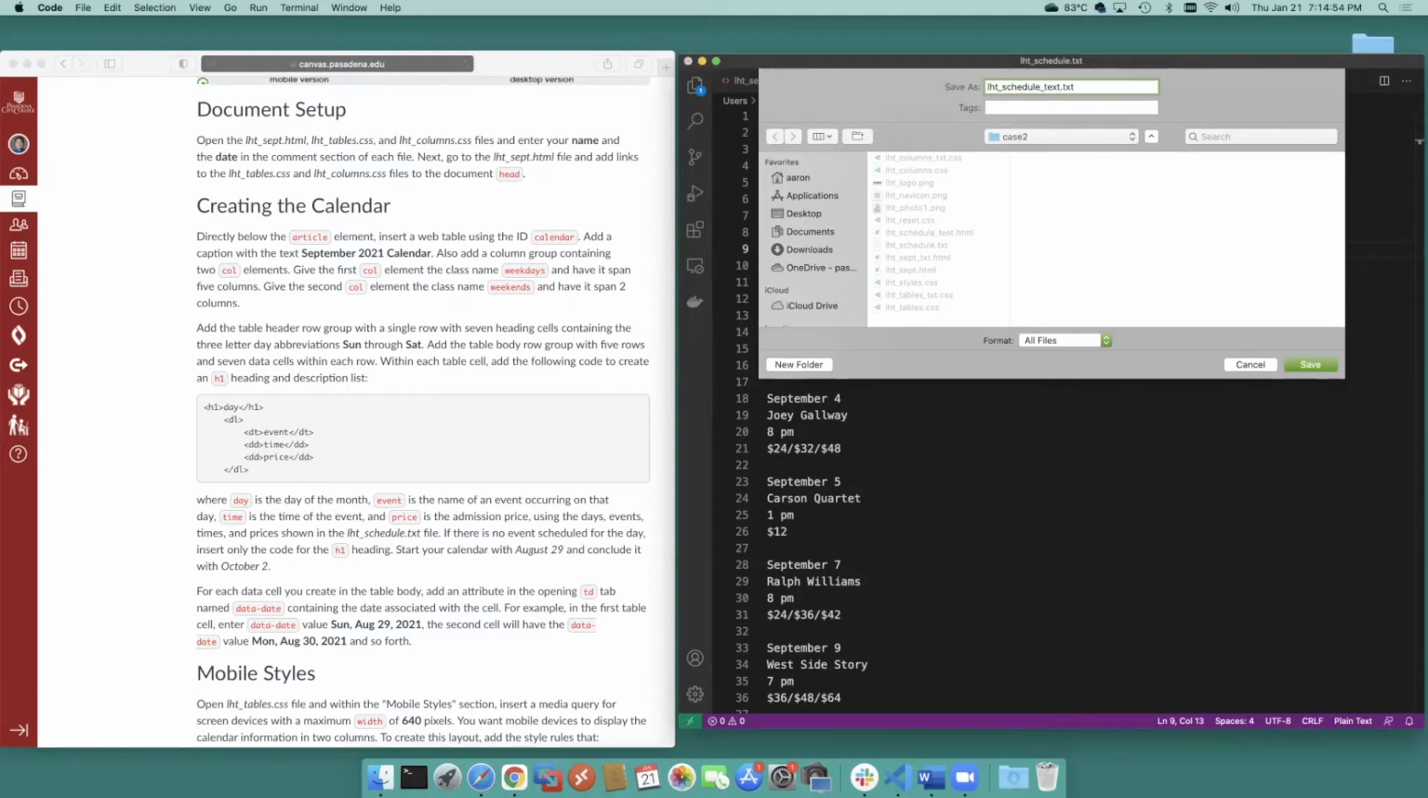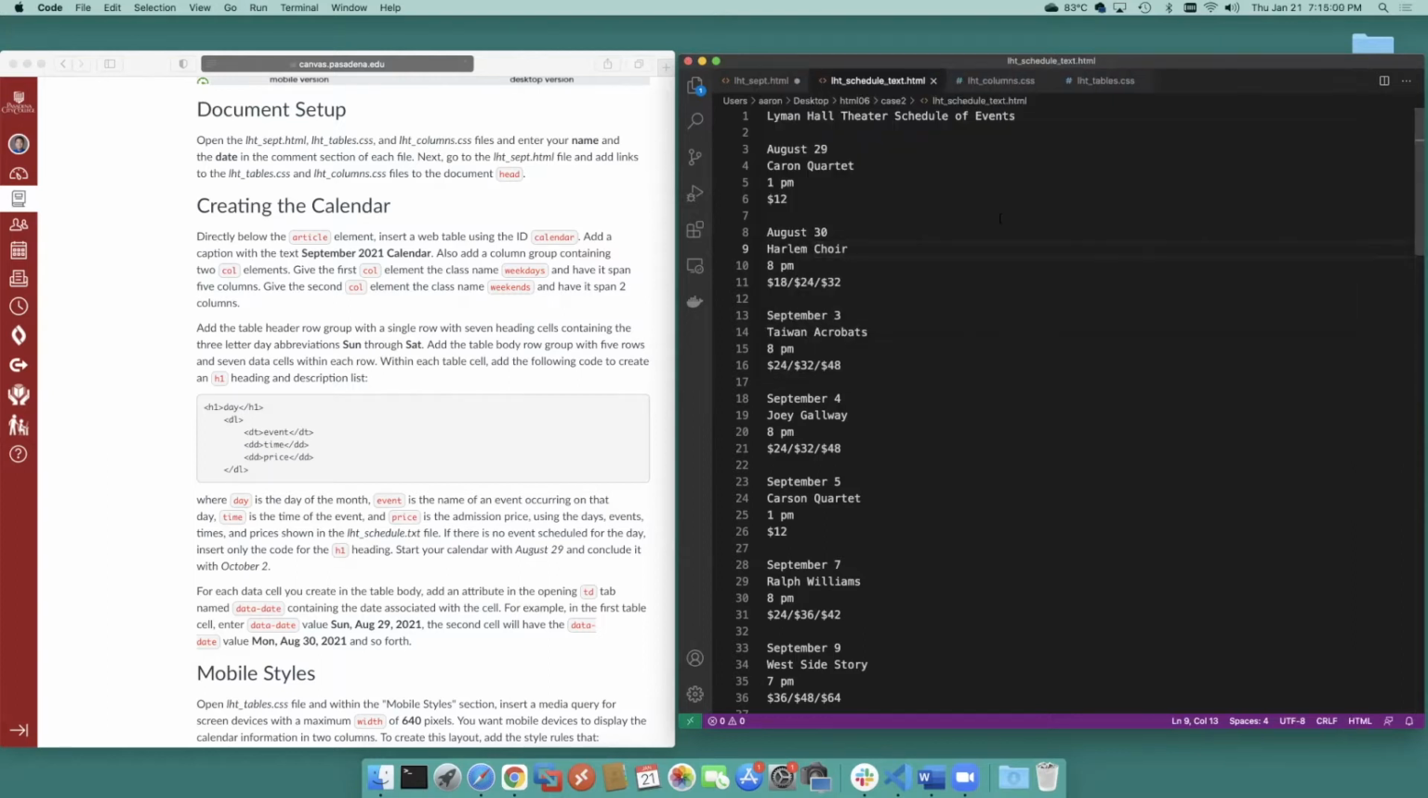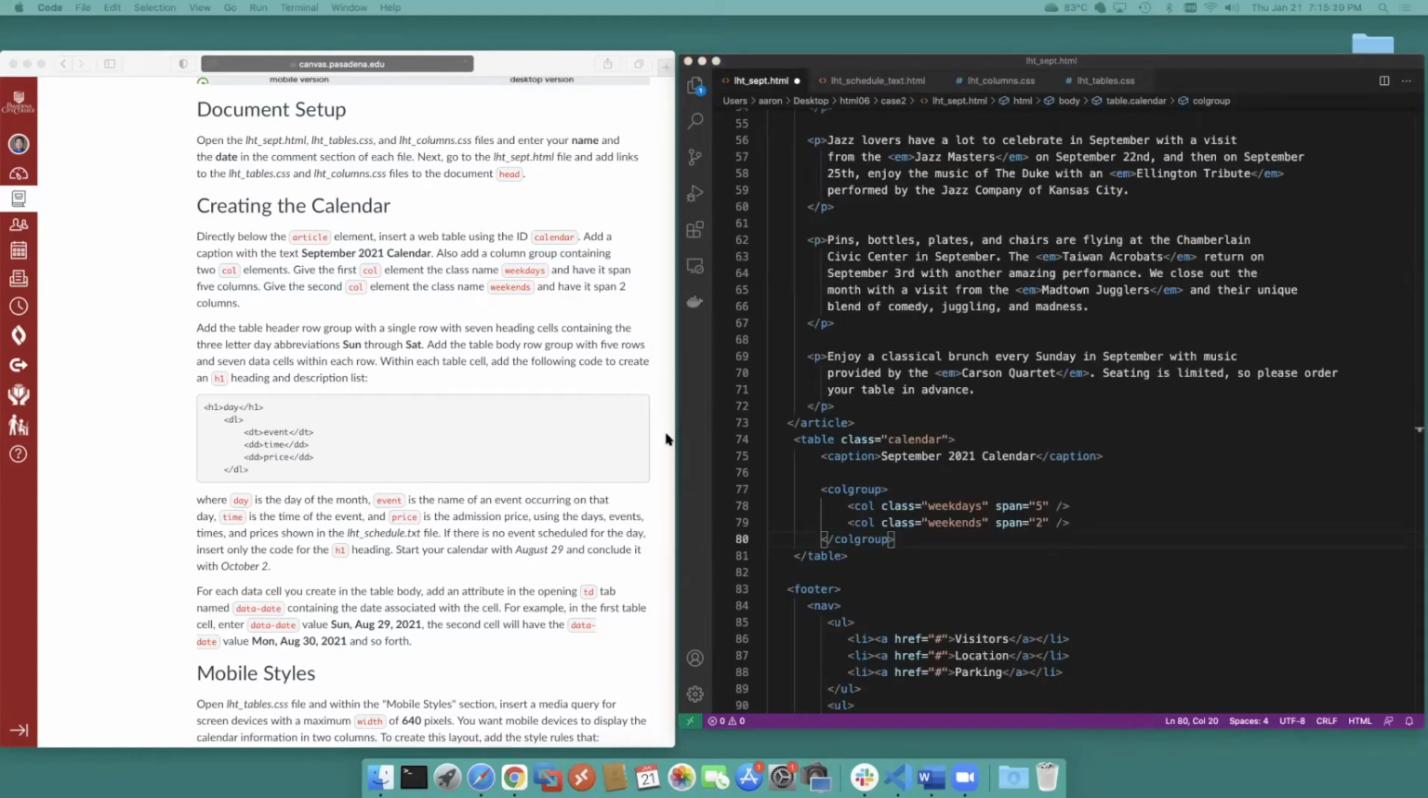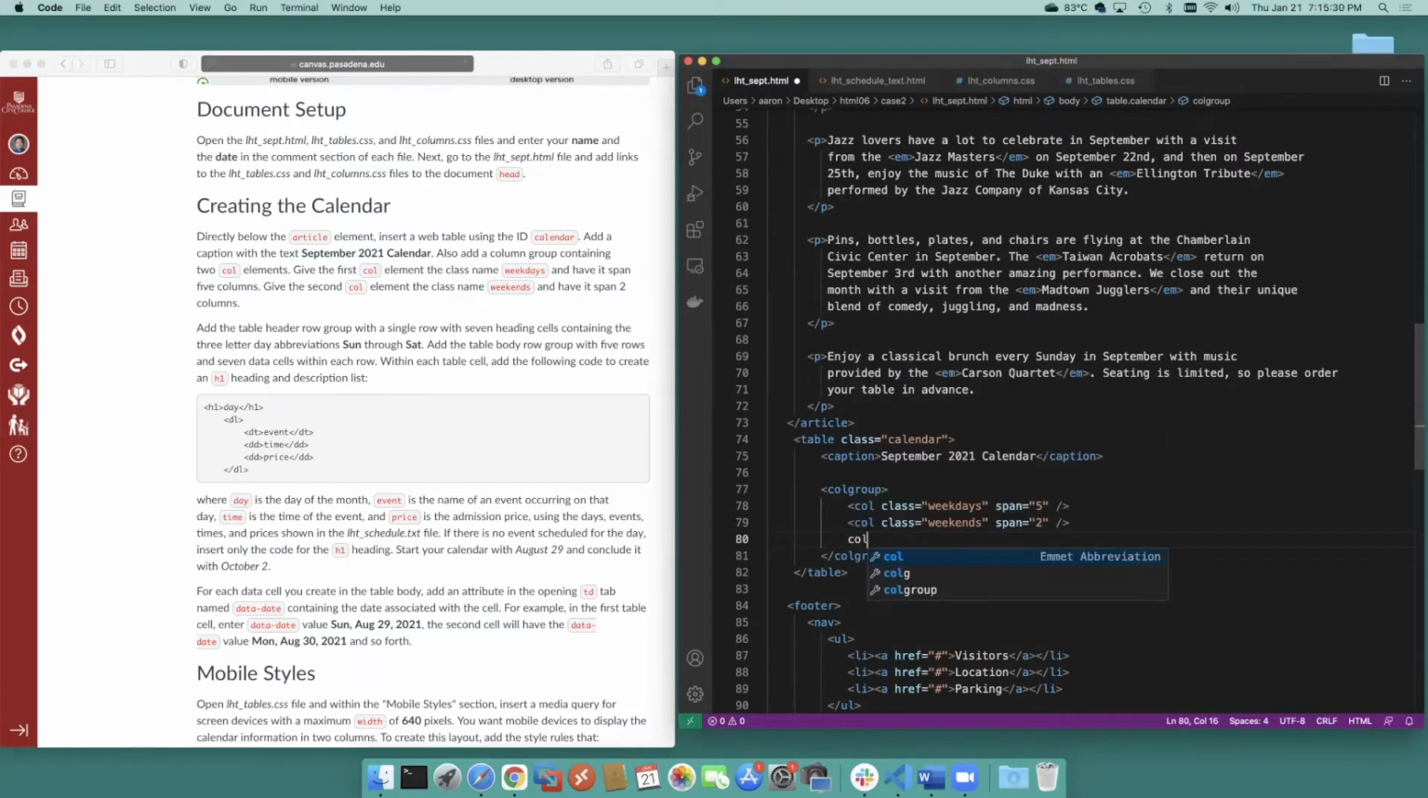Okay, and save it as an HTML file. So yeah, we'll reference that. Okay, what's the Emmet for this? I mean, that looked pretty straightforward, right? But if we were going to do an Emmet from it, it would be col, and then those brackets there will allow us to add in these things,